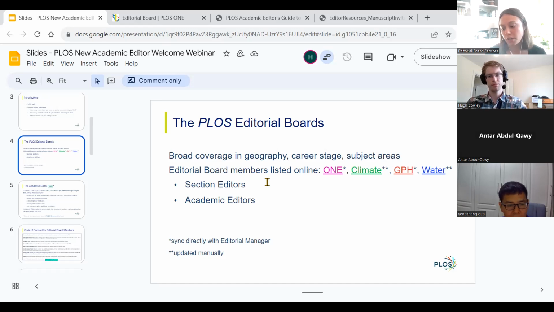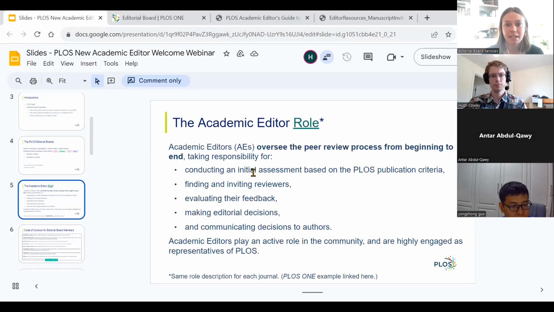Section editors are more in an advisory capacity, basically overseeing issues with manuscripts and helping develop that section. And then you, as academic editors, are key and essential to our work in getting these manuscripts published. So you facilitate the peer review process all the way from the beginning to the end.